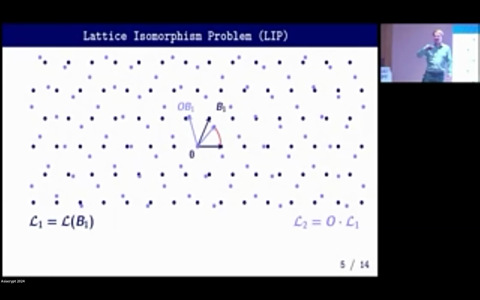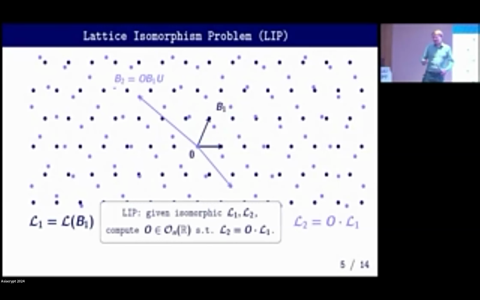Like in the previous step, if you just get B and O times B, that's simple to recover O. But you really also need this basis transformation to make the problem hard. Now maybe it's not so obvious why this is a hard problem, especially in dimension 2, where you could just